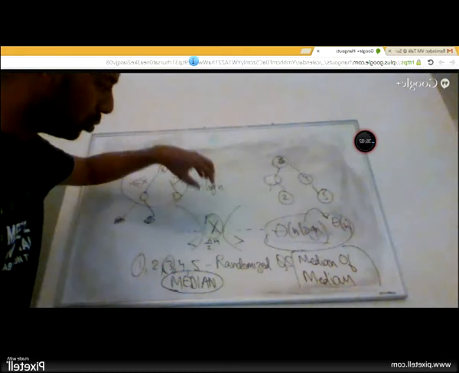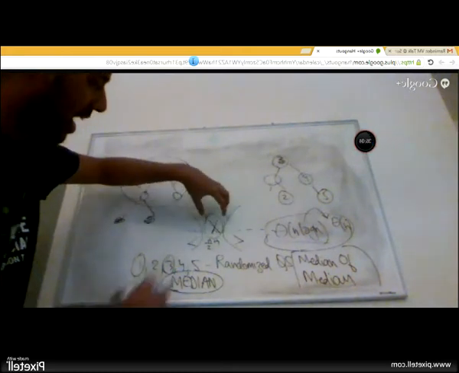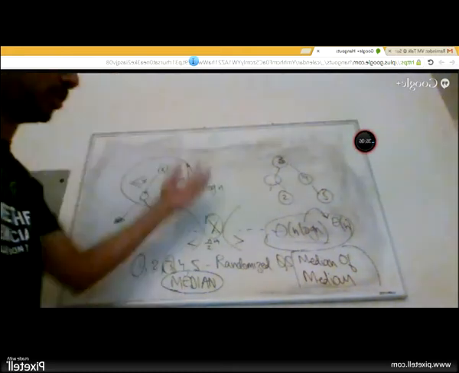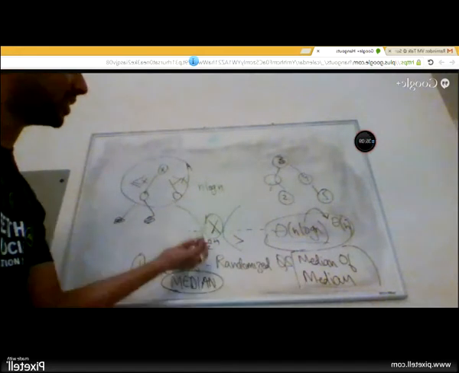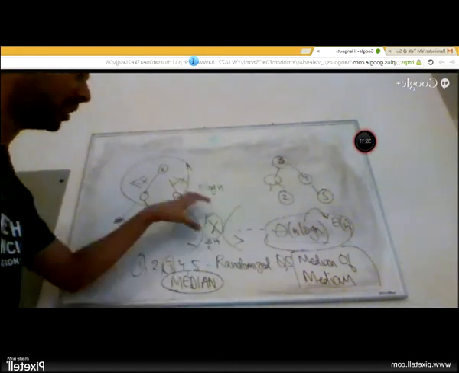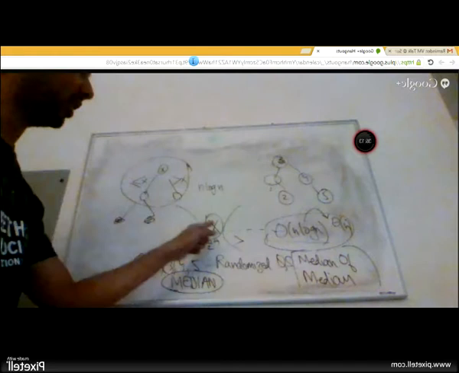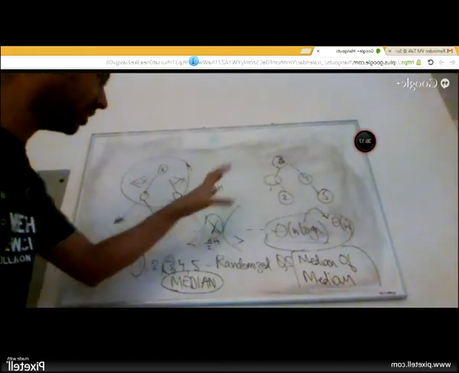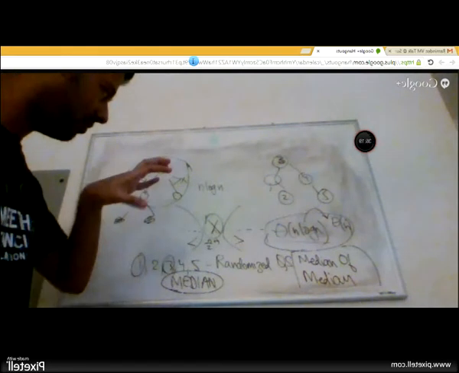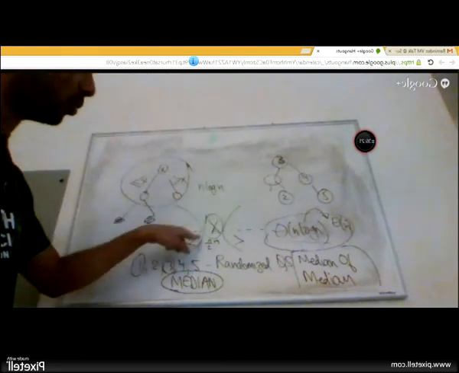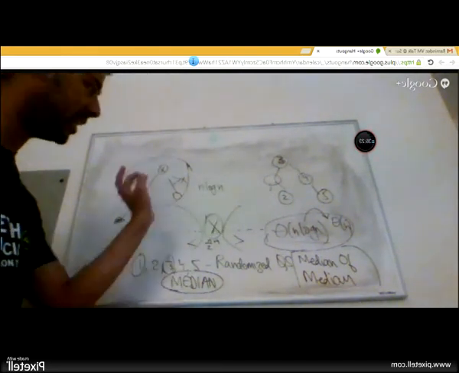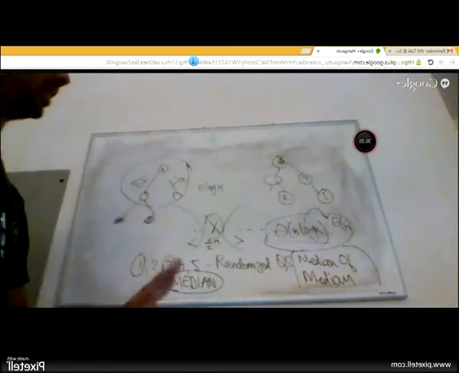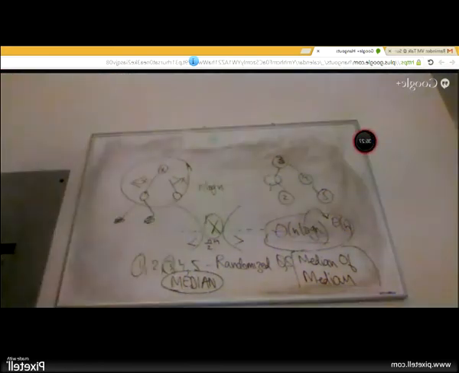As long as I have this element put in the right place, I don't care whether this is sorted, that is sorted, because that is not the question I'm asking. I'm just asking you to give me the median. So that is what this algorithm focuses on. It doesn't go into the unnecessary details of sorting the left part, the right part. It just finds out where this guy goes in, finds out what the n by second element is. And if it can correctly position that element, then there you have the answer.